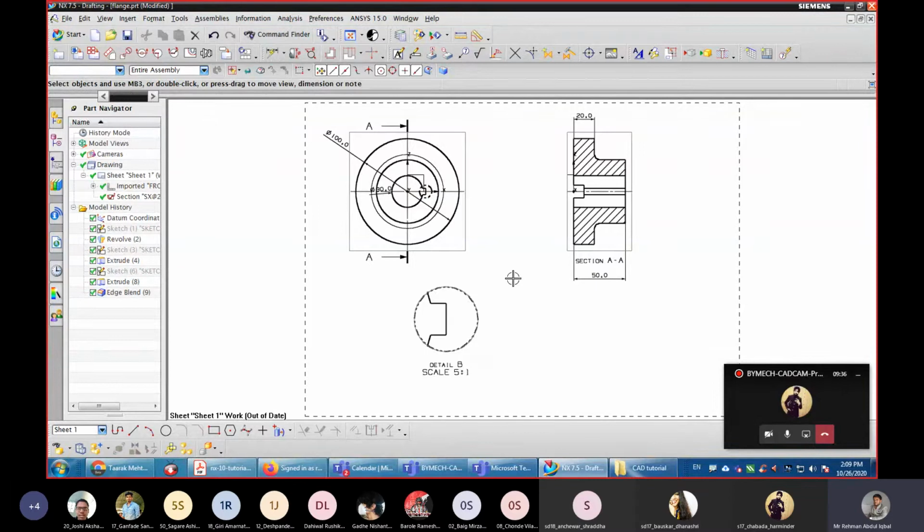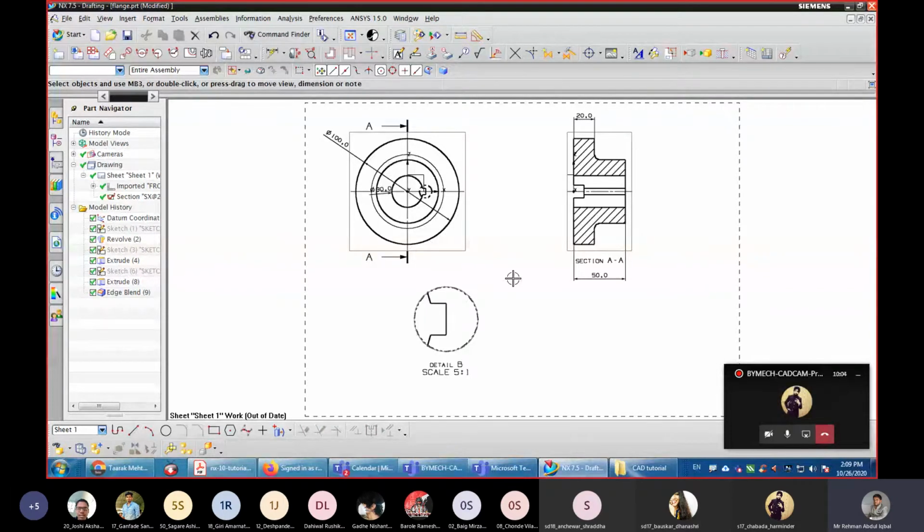So in this way you can create various views, and it will save huge amount of time, as we have seen in the geometric modeling, where if we use this geometric model, we can save time by using various features.